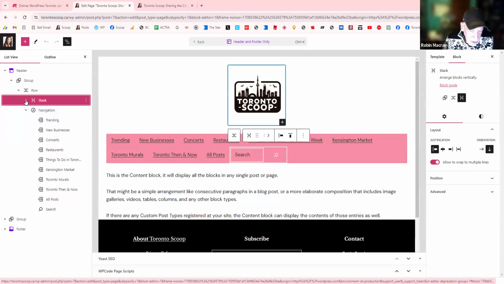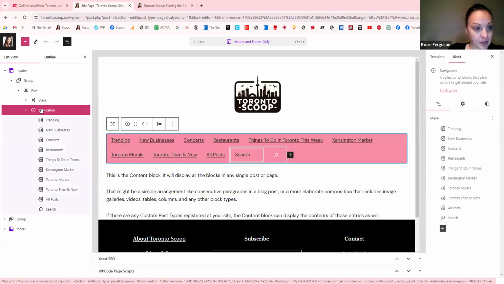Okay, so how is it that your logo is in the stack block? I don't know. Well, that's one sort of issue, I suppose. Click on navigation again. Okay, so